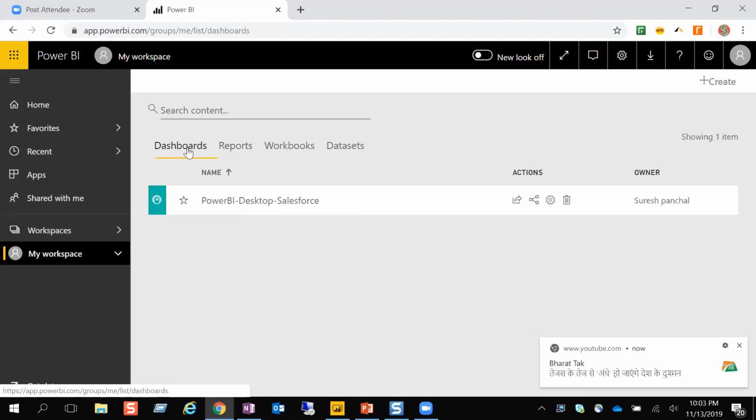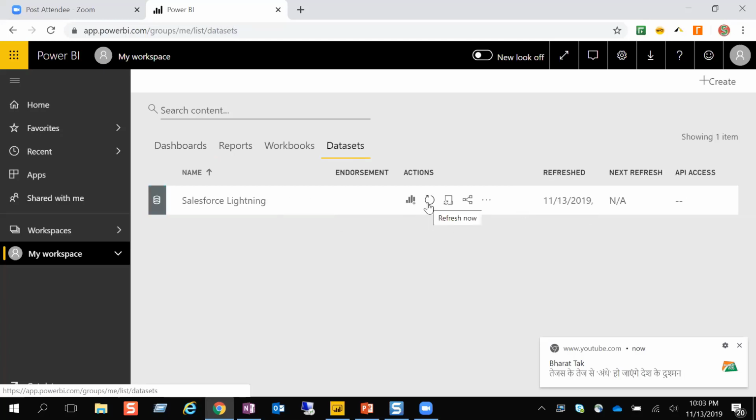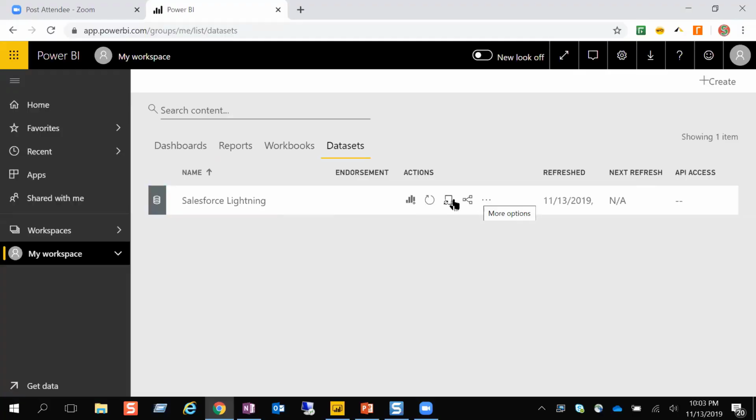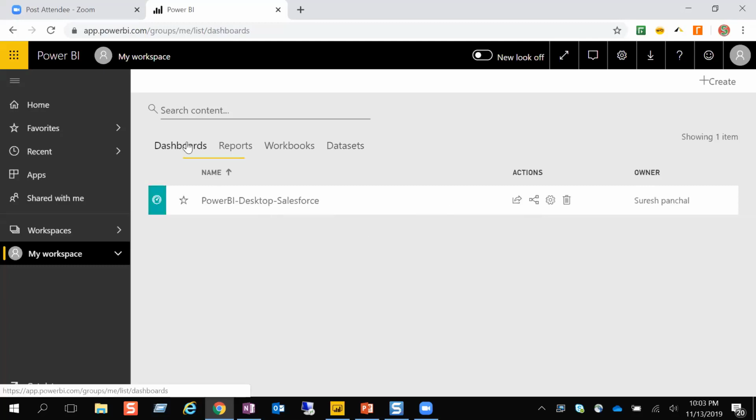And what I've done is I've created a dashboard here. If you see, this is the lightning, and the refresh part that I was talking about, this is the refresh button, and this is the schedule refresh. You can schedule the job timing, at what interval you want your data to be refreshed. Once this is done, now I'll connect to